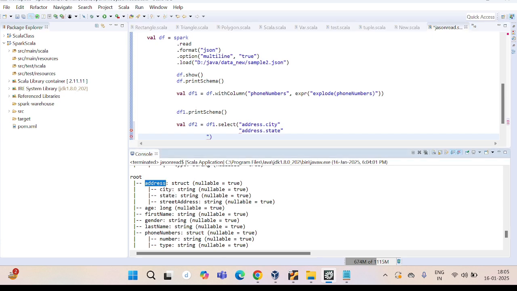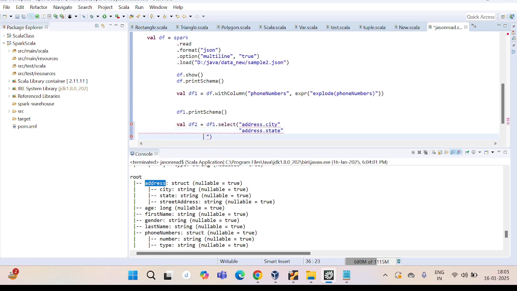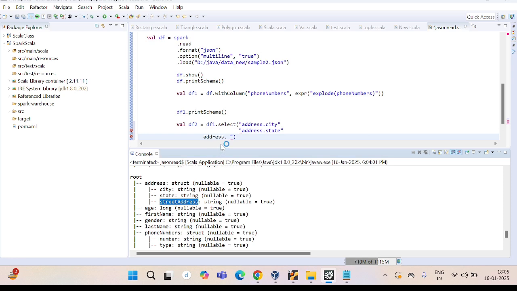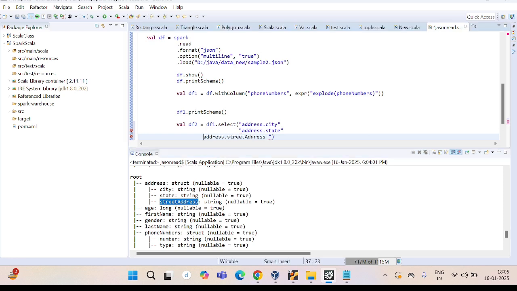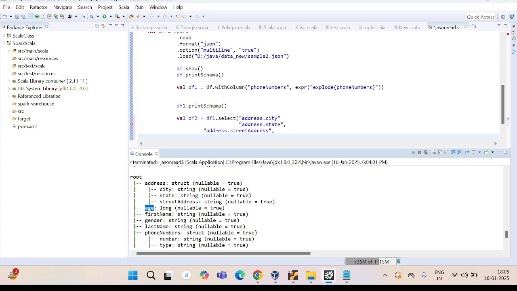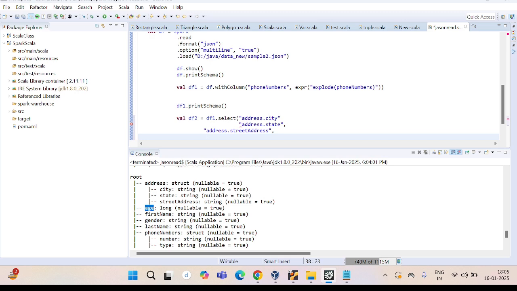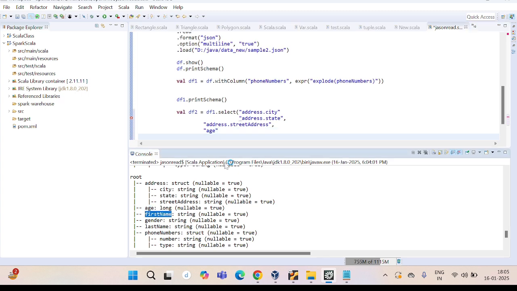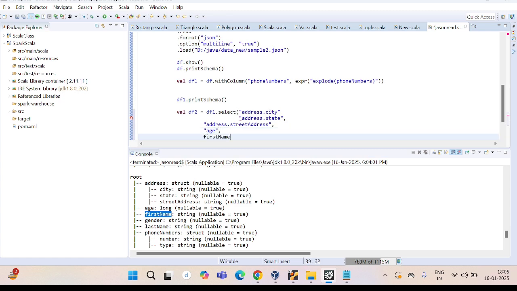Third would be address.city. Then street address, sorry, it's streetAddress. And next would be age. Because age is at the top level, we will simply pass age here. We will not use the dot operator because it doesn't have a hierarchy. Next would be first name,